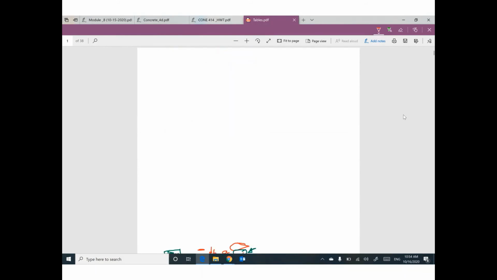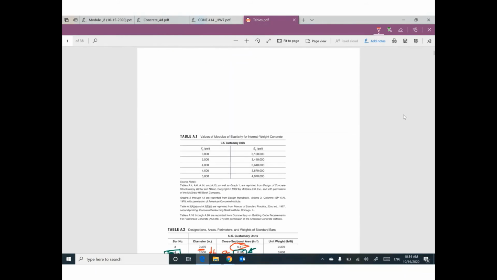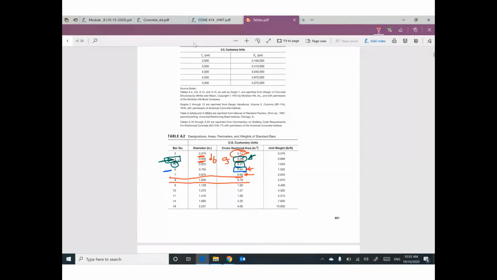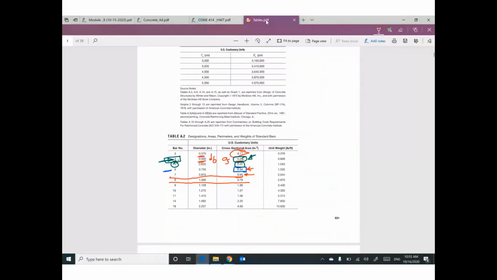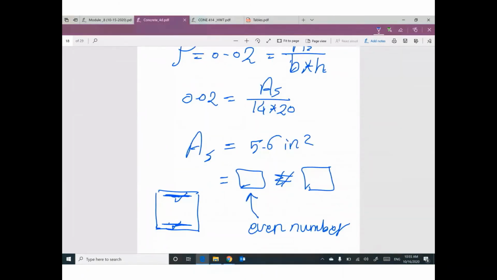So how much area of steel am I going to use? 5.6. Okay, let's try number 6. The area is 0.44, so I'm gonna use number 6, and I will divide this one by 4. The number is 12.7, so I'm gonna use 14. 14 means I'm gonna put here 7